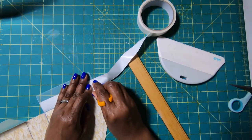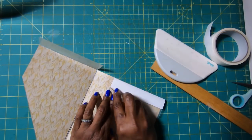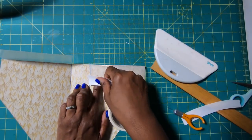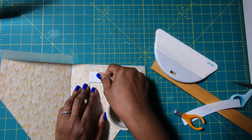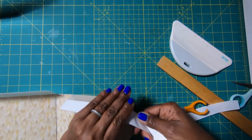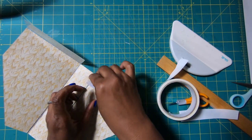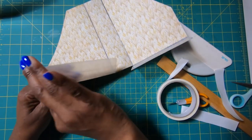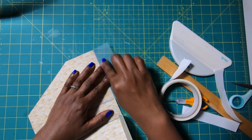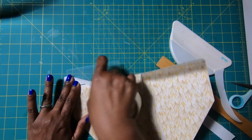So I am going to cover the bottom in tape on this side. Then I'll show you how I'm going to do the other side, because we'll be covering that in tape as well. So this is one piece that I placed the tape along the bottom. So I have my tape placed here, and that tape is going to overlap here. But I am now going to take tape and place it on the top,